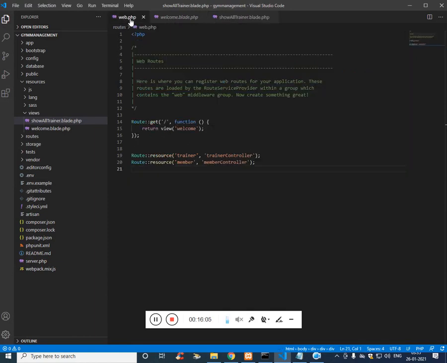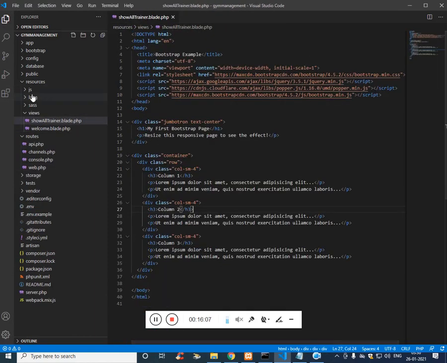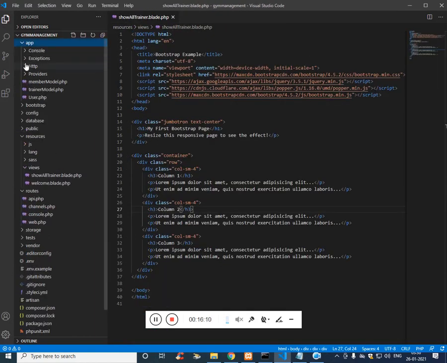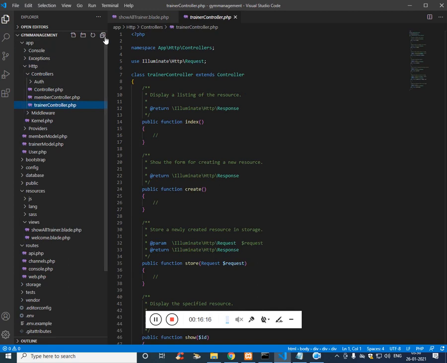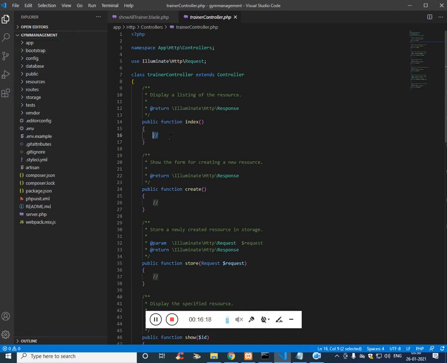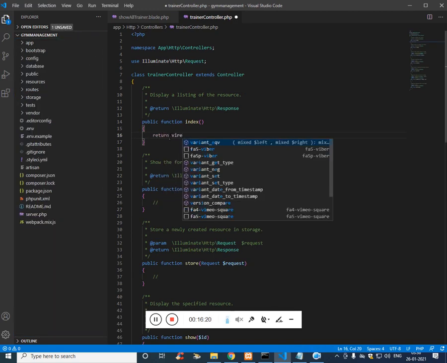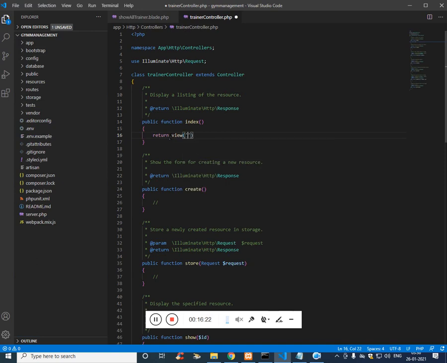On the controller, which is the trainer controller, index is going to return a view, and the view it should return is show all trainer.